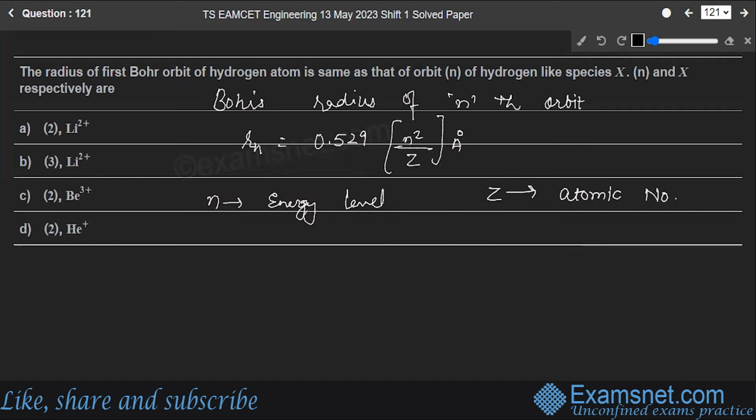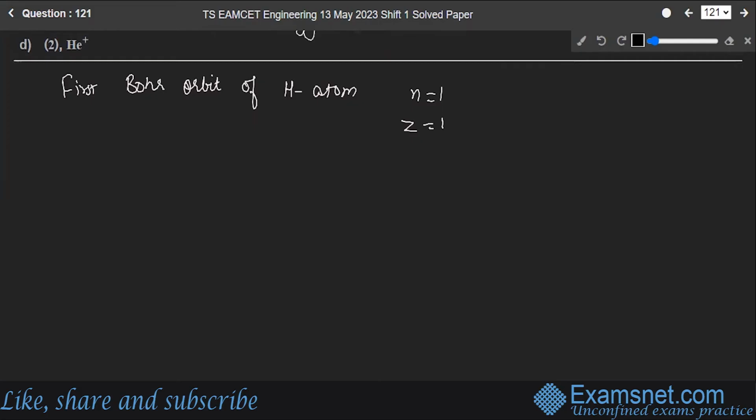So first Bohr orbit of hydrogen atom: for this, n is equal to 1 and Z is also equal to 1. So radius of hydrogen atom RH is equal to